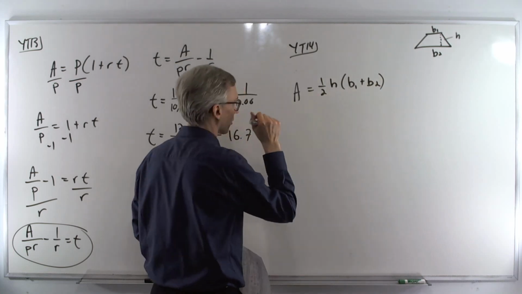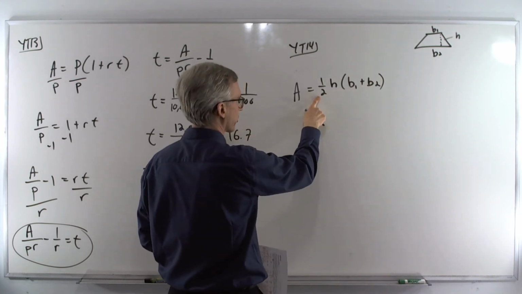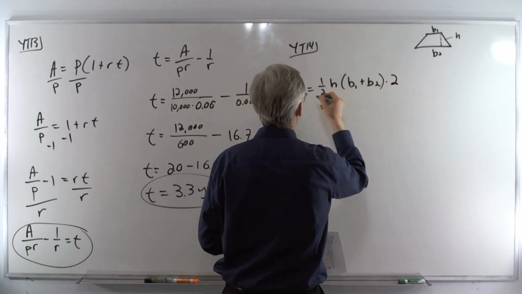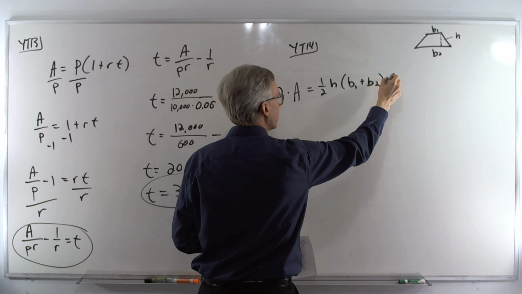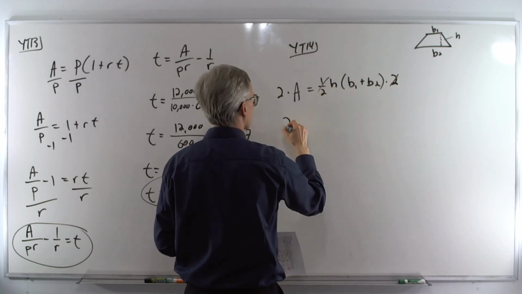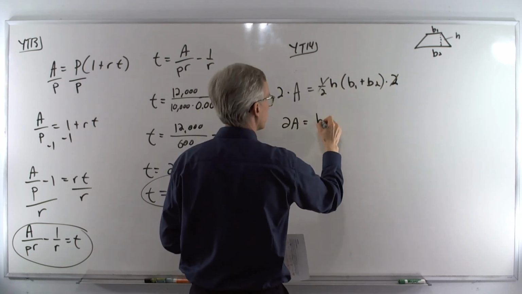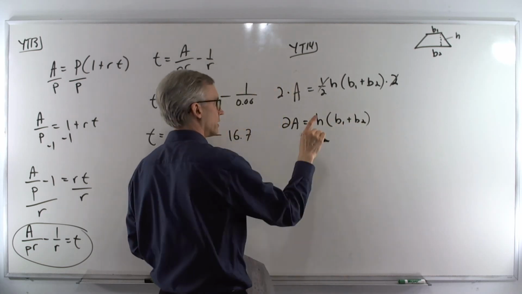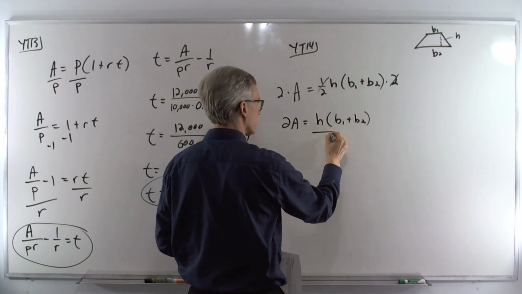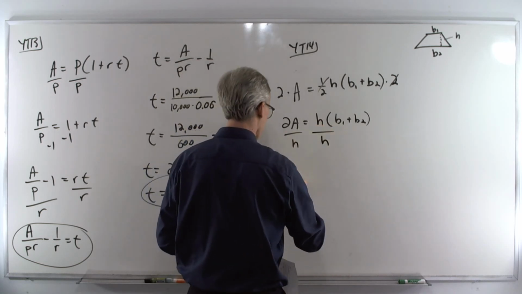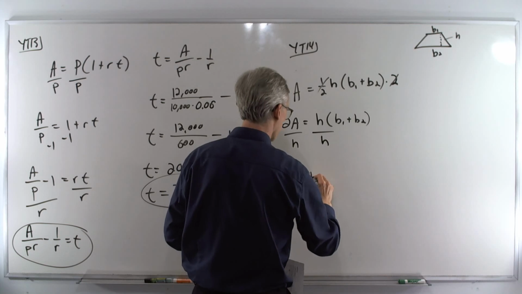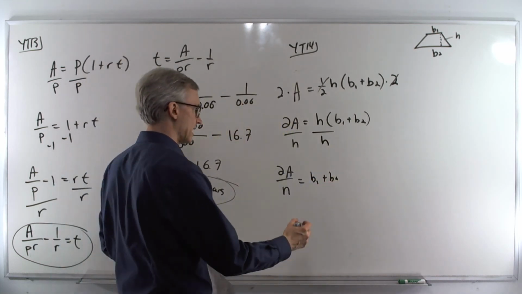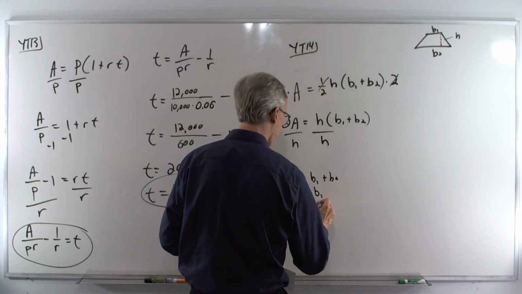So we got a fraction here. I want to get rid of that, so I'm going to multiply by its reciprocal. If we take 1 over 2 and flip it over, we get 2 over 1, which is just 2. So I'm going to multiply both sides of the equation by 2, and the 2 and the 1/2 cancel. So we got 2a on the left, and h times (b1 plus b2) on the right. All right, now divide by the thing outside the parentheses, so divide by h, and we get 2a over h equals b1 plus b2. And we're solving for b2, so the last thing we need to do is subtract b1